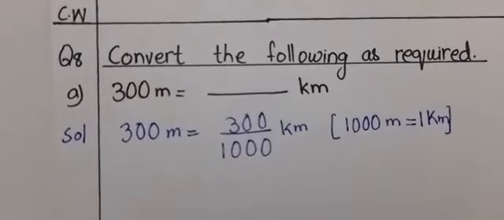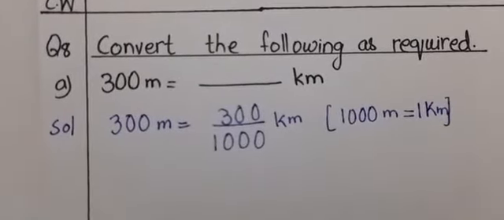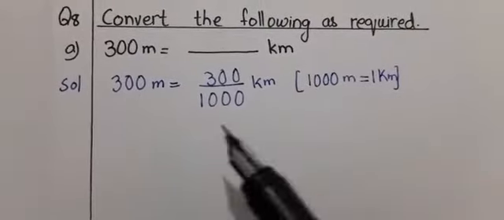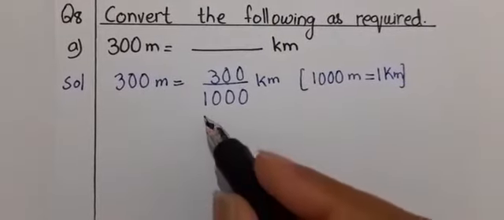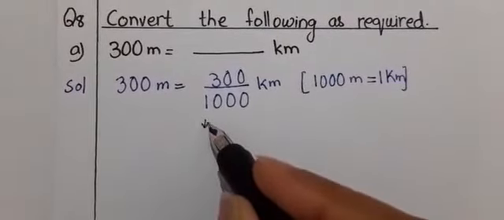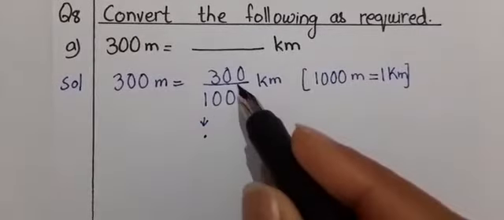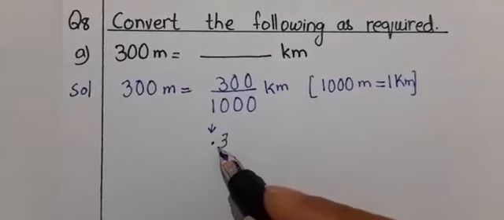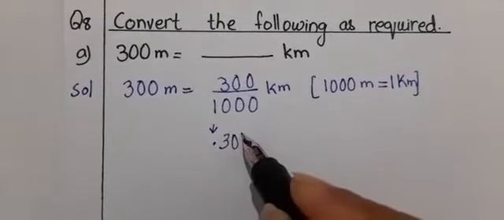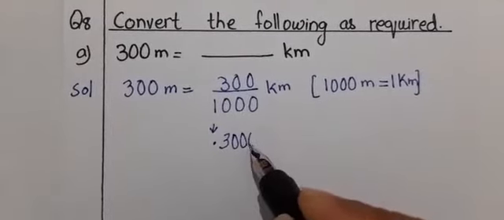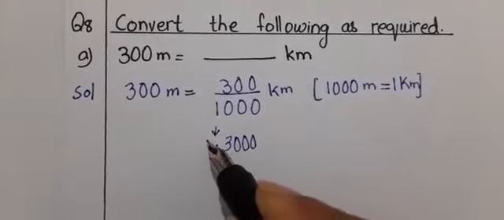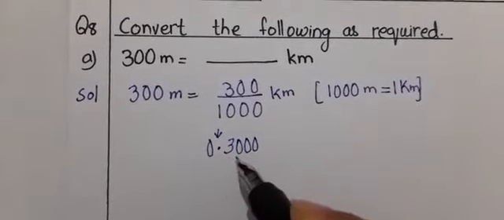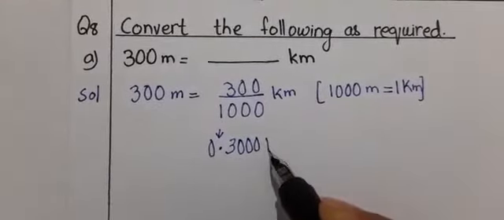So here we have converted by dividing, and you all know when there is the 100, 1000 and 10 in the denominator, we can convert it into the decimal. So boys, let's make it the decimal. 1 will turn into the point, and after 1 there are 3 digits, and in the numerator we also have 3 digits, that is 3, 0 and 0 and 1 more 0. So before there is nothing, we will write 0.300 kilometer.